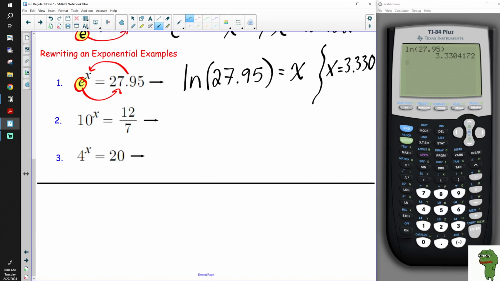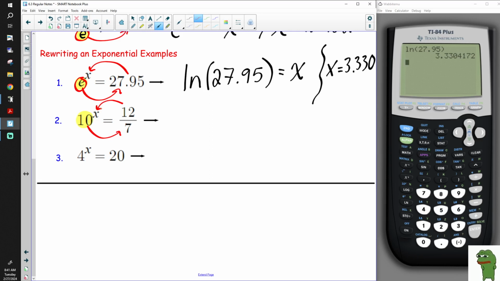Number 2. 10 to the power of x equals 12 over 7. Who knows what our x could be? We could sit here and guess all day, but that's not very efficient, so we have a world of logs to use. So in number 2, what is our base? Find the base. What's the base? The base is 10. That's what holds the exponent. We start there and we loop-de-loop. We loop over to the value and loop all the way back around to the exponent,